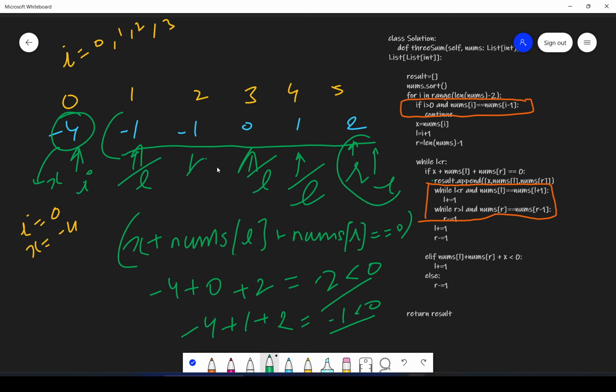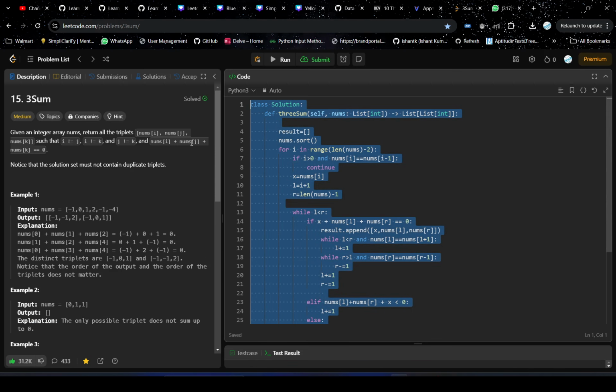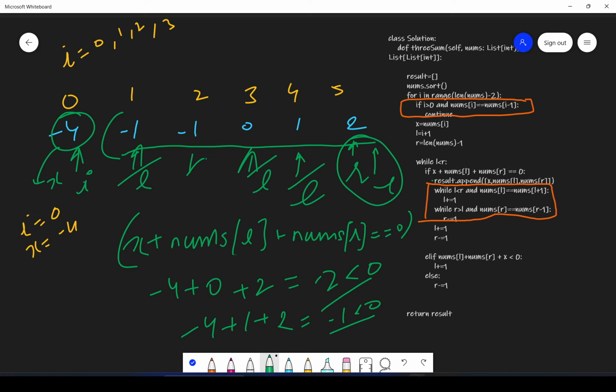But L and R cannot be the same, because the question says the same elements cannot be used. The indexes of elements should differ, so you cannot have both y and z at the same index. So here the while loop will stop.